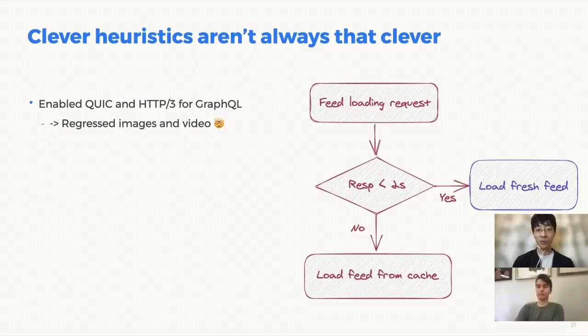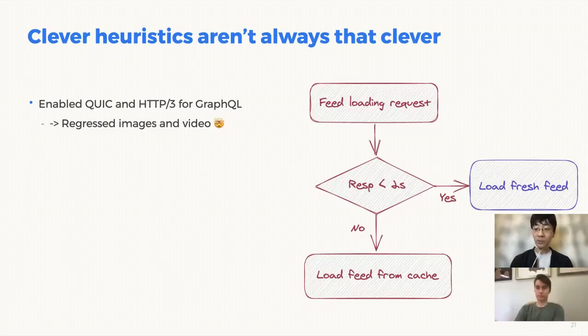And it turns out there is also some very surprising application behavior that I actually needed to understand to make QUIC and HTTP3 worthwhile. The first example here is when we started to enable QUIC and HTTP3 in the Facebook app, we started small. We first only enabled it for GraphQL, the API requests. And surprisingly, by enabling QUIC for GraphQL, we regressed image and video requests, which were still over HTTP2 and TCP. We did not touch image and video at all, but somehow they regressed. So how did this happen?